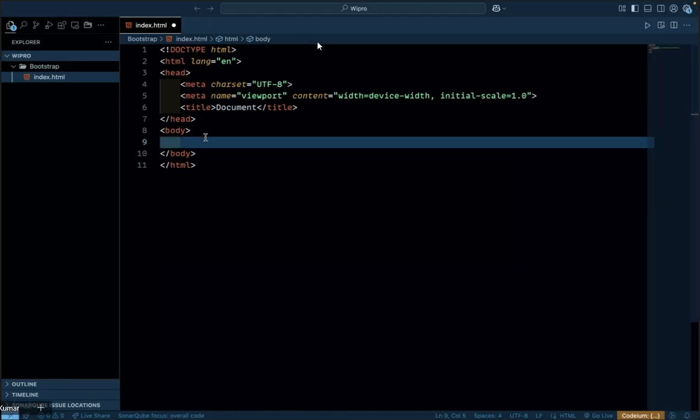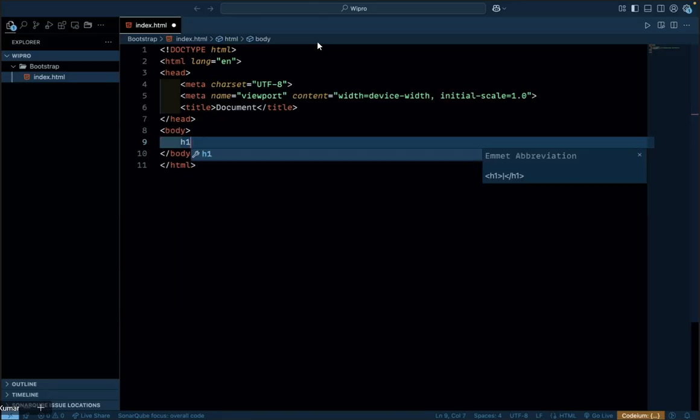So let me do one thing. I'll show you the actual difference and all. So I am typing something like H1